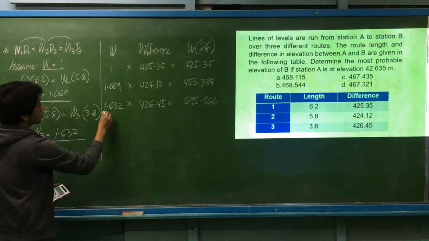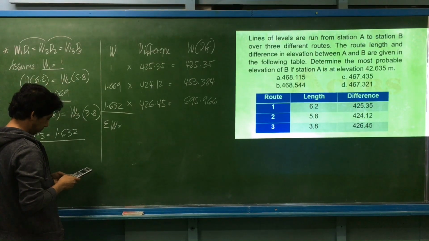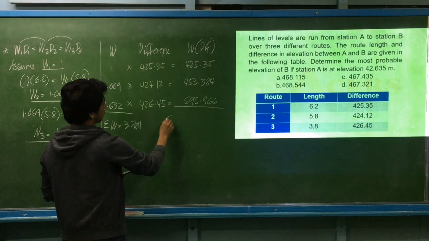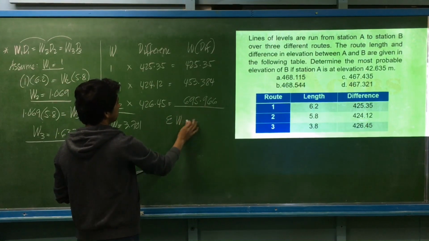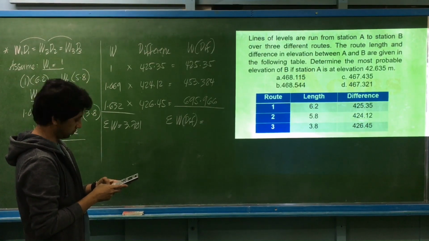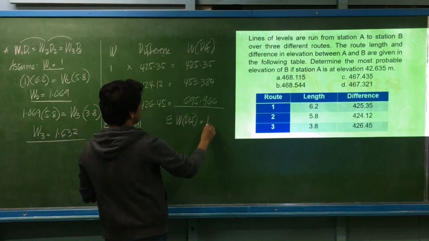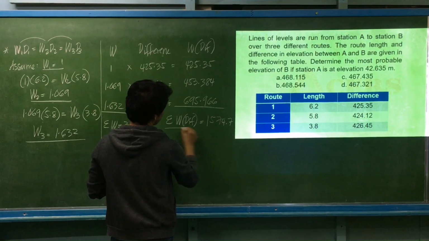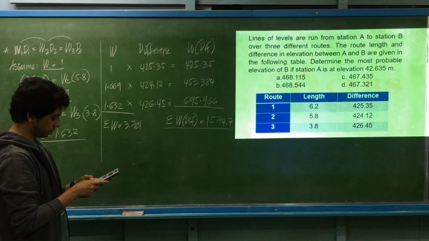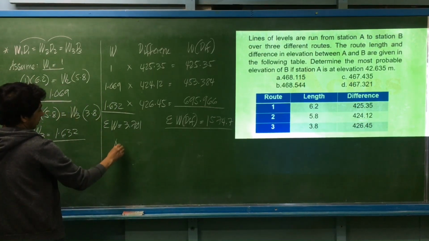Okay, then kunin natin yung summation ng mga weights. We have the summation of the weights is equal to 3.701. Then kailangan din natin yung summation nito, or the summation of the weight multiplied by the difference. So now is 1,574.7. Check lang natin. Double check. 425.35 plus 453.384 plus 695.966 is equal to 1,574.7. So yung most probable difference